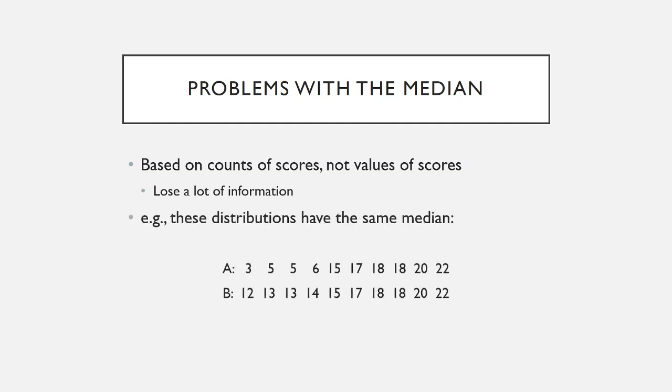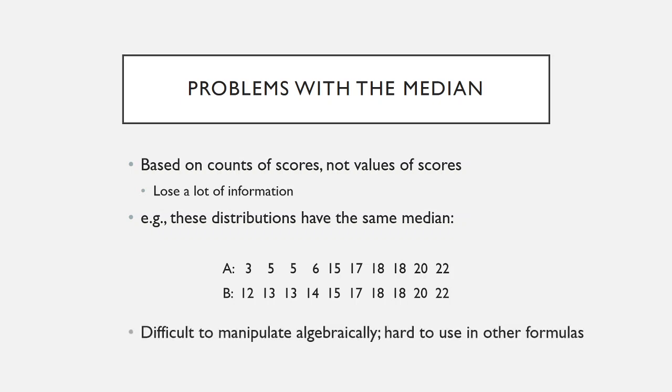So for example, again, you might have two data sets that when you're comparing them, they have the same median, but they're actually very, very different. And as such, the median is going to be somewhat misleading. So you see that line A, that first set of scores, right? The lower bound is 3 and the higher bound is 22. And the middle scores are 15 and 17, right? So the median would be 16.